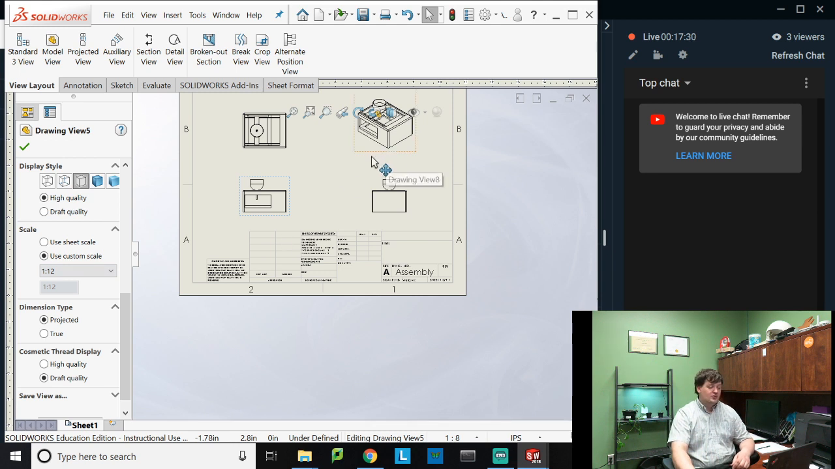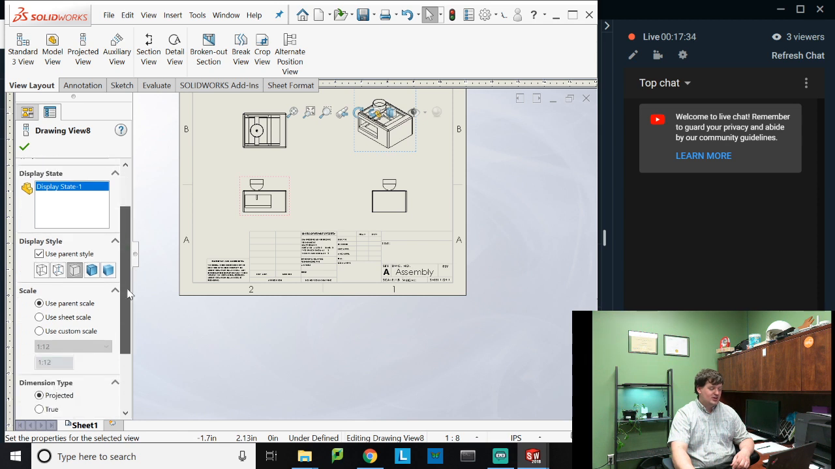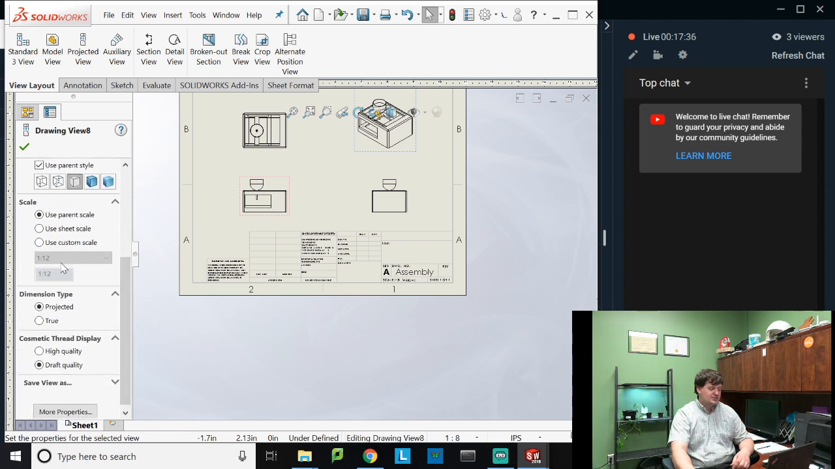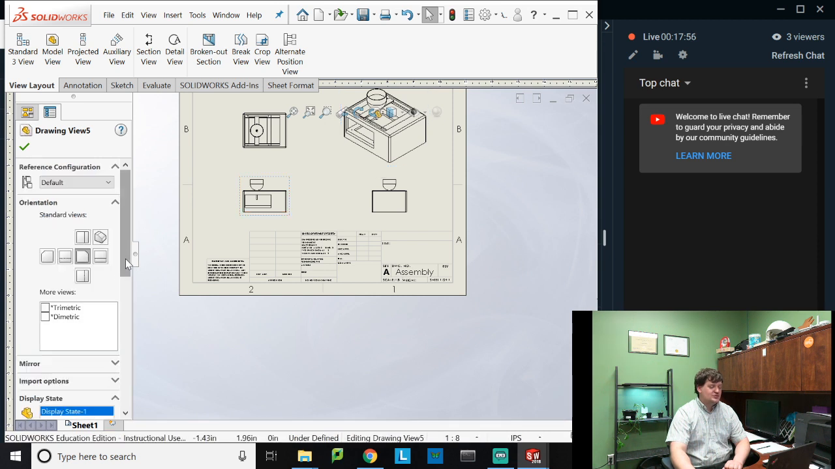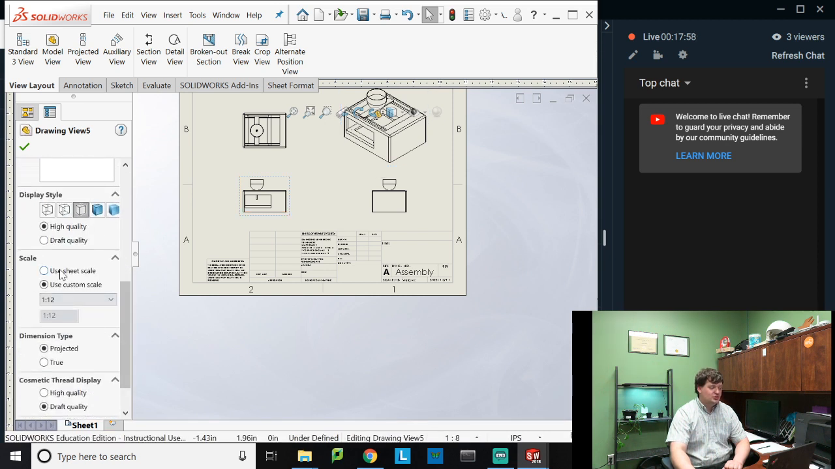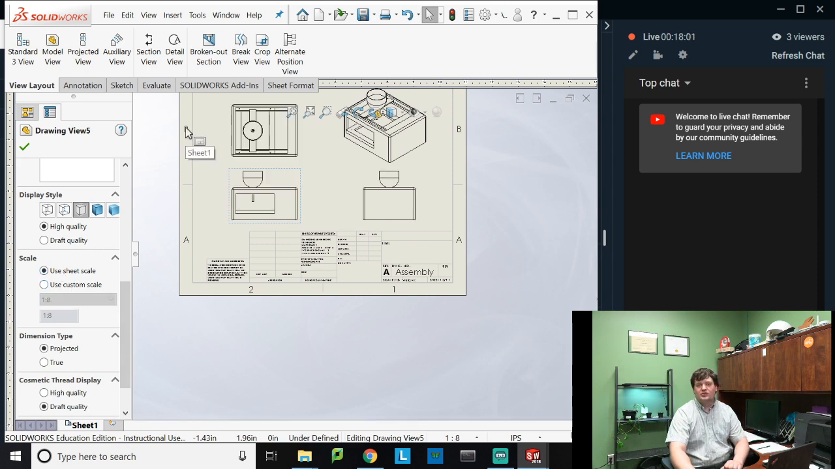I can go in with all of these being a scale of 1 to 12. I can then click this and go down and change this as using the parent scale, not the sheet scale, the parent scale. 1 to 12. I can use a custom scale 1 to 8. Or I can click on use a sheet scale, which is already at 1 to 8. Generally, unless it is absolutely impossible to do, you want to keep everything on the sheet scale